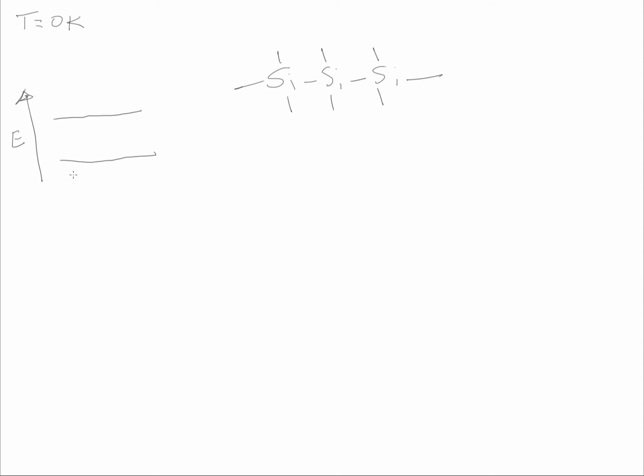All your electrons at T equals 0 are down here in what's called the valence band. And they can't move around. They're just stuck there. Valence band. If they could move around, they'd be in the conduction band up here. Conduction. And he calls this EV, and EC is that line for the conduction band. So this is the maximum energy that exists in the valence band, and this is the minimum energy that exists in the conduction band. And the energy difference he calls EG, or the band gap energy,